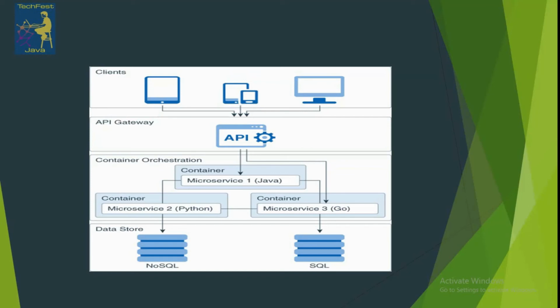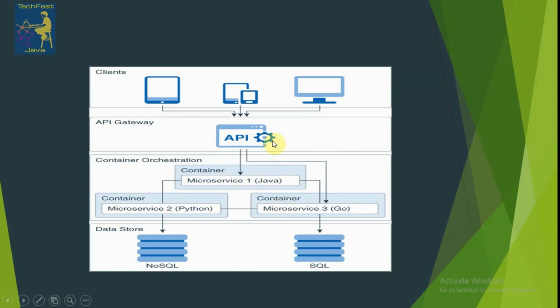Due to that ambiguity, things work in a dev environment but not in a QA environment. That problem is also resolved by this containerized architecture, where the microservice itself is containerized and works independently in its own container.